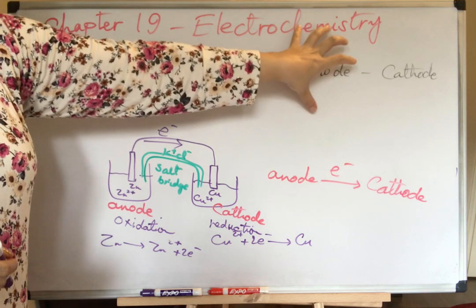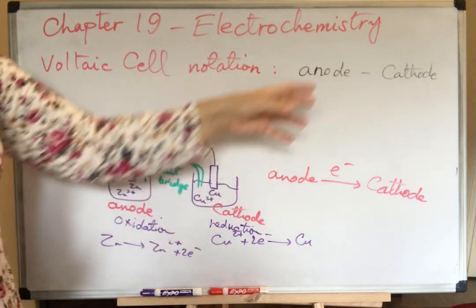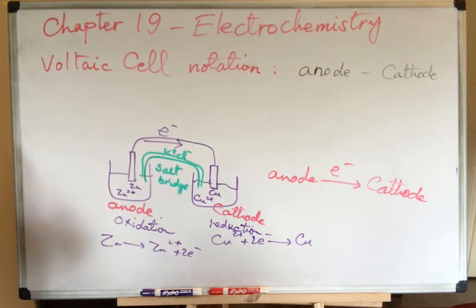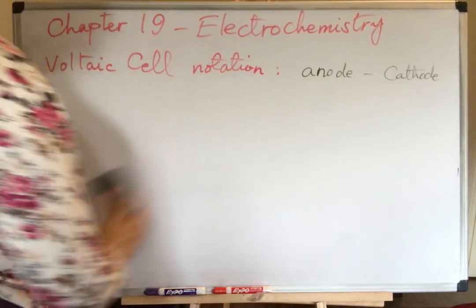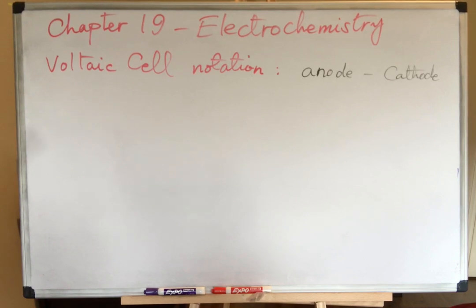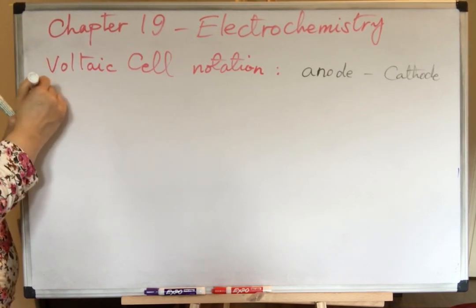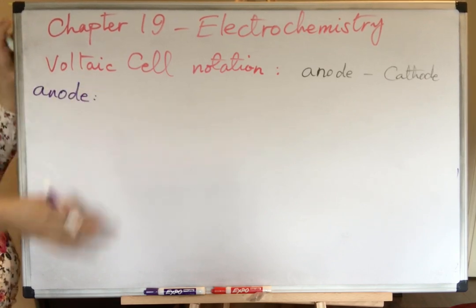The rule is to write the anode reaction on the left and cathode reaction on the right. Between the phases we put a single vertical bar, and for the salt bridge we have a double bar. So for such a reaction we will write what happens in the, let's say, let me erase it because I don't want it to confuse. Let's say, for example, for a cell in anode we have